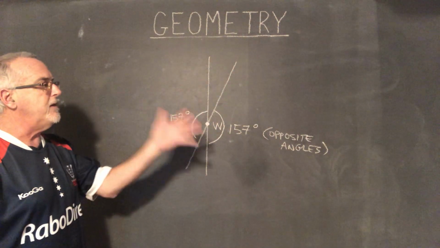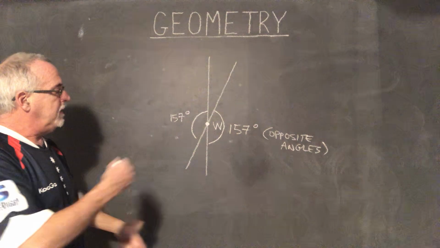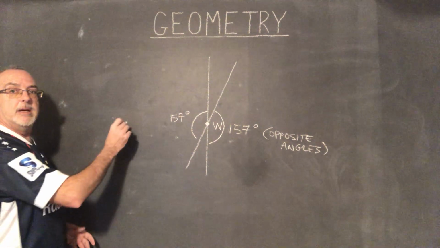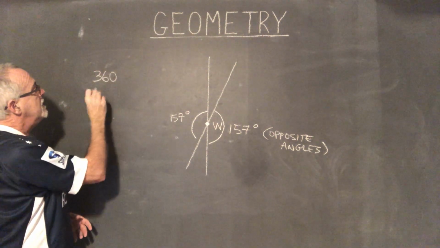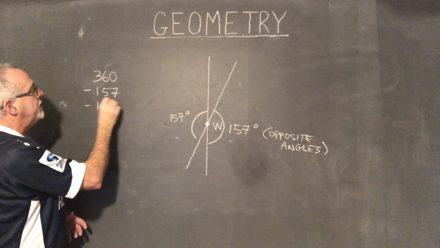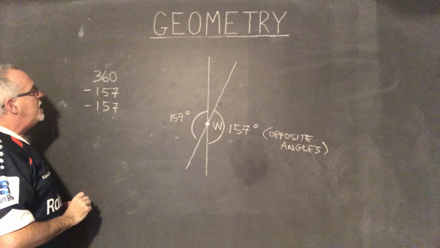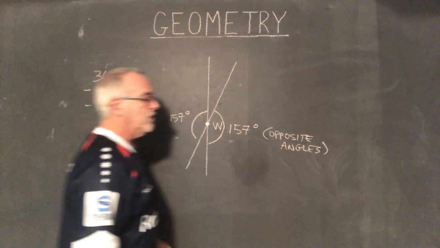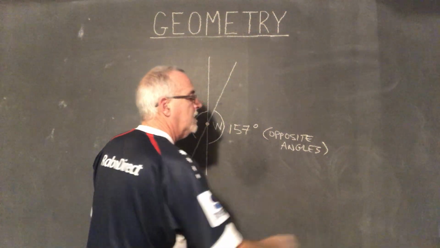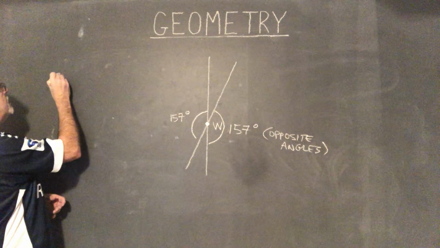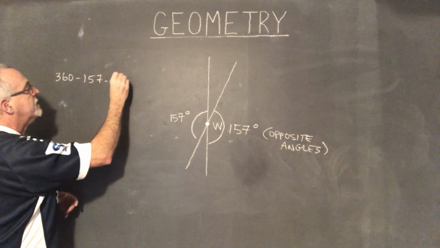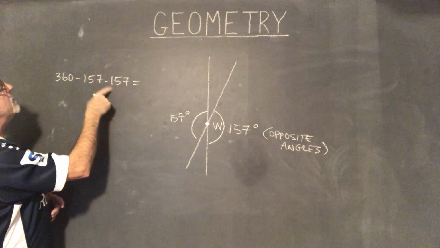I have so much useful theory in terms of all these rules to apply that allows me to find missing measures. So I'm going to use a bit of this space over here, 360 minus 157 minus another 157. This looks sloppy. Should I write it like this? No, I'm going to just write it in a line because let's face it, I have room. I think it'll be more clear to more students if I say 360 minus 157 minus 157 is going to equal